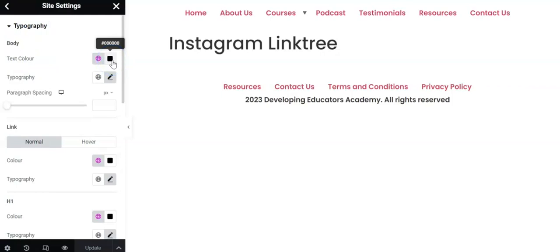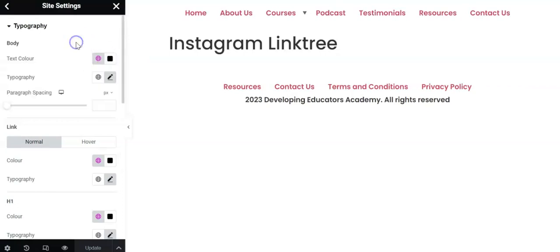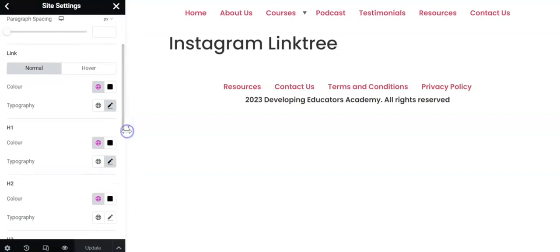So every particular piece of text that you bold, it could be a particular color. And you can change it here. You can manage your global colors and so forth. And then also you can, if you know your web page is going to be quite spacious, so the text space is going to be quite wide, you can set them all here as well. And that's how all of this works. You can also set the color of any links. So if you're linking outside of your web page and you want the links to stand out, we can also